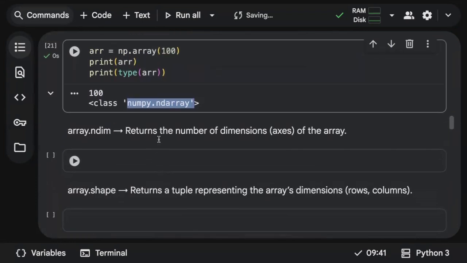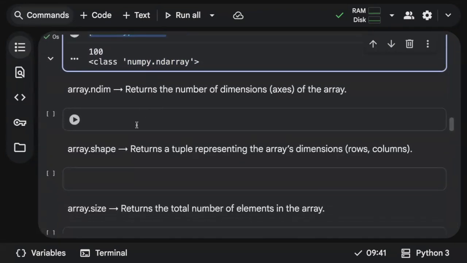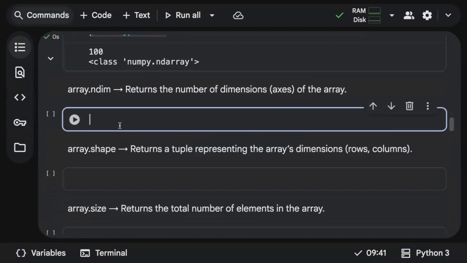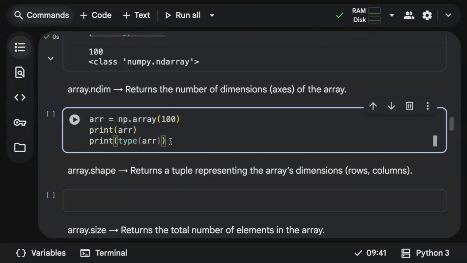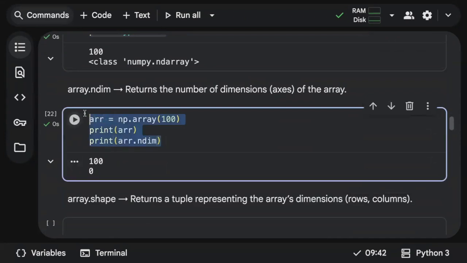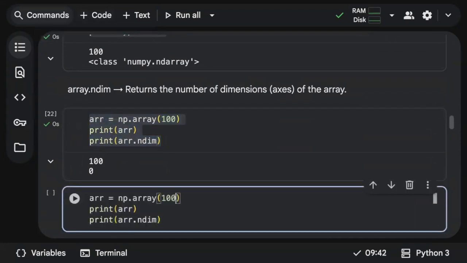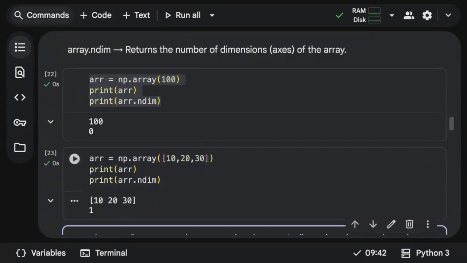The next important thing is, what if you want to understand the dimension of an array? So ndim is used to return the dimension of an array. Let's say this is my array, and I need to find its dimension. Very simple, you just call array.ndim. It will tell you zero dimension, because there is only one single element in the array. What if I have multiple elements in the array? Let me modify my array like this. Now obviously the dimension is going to be 1.